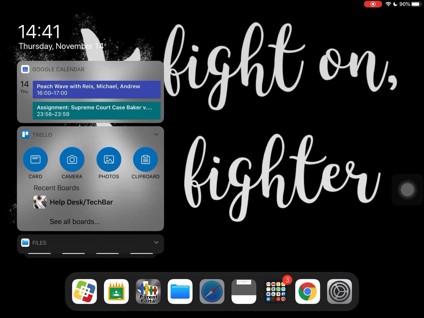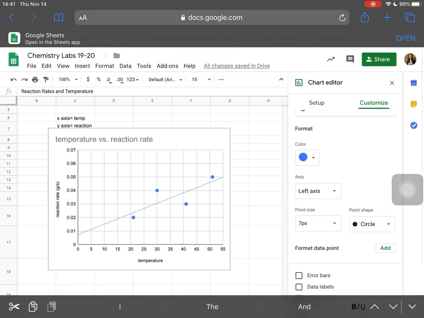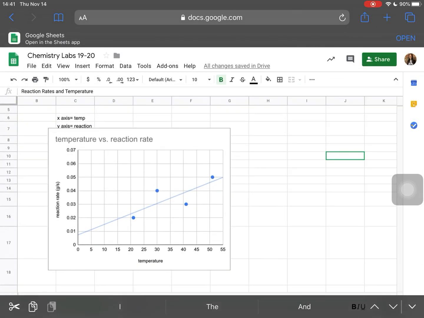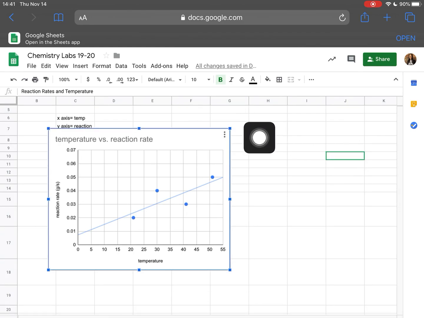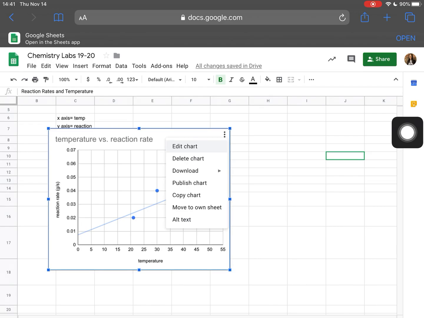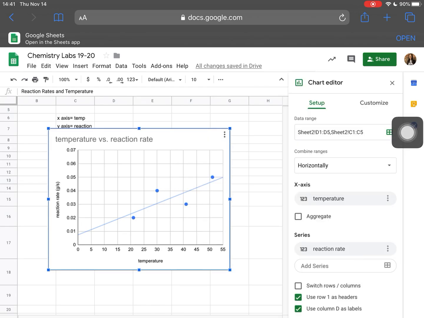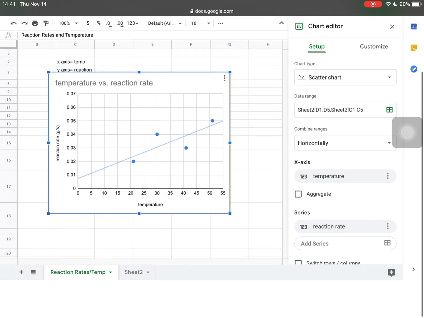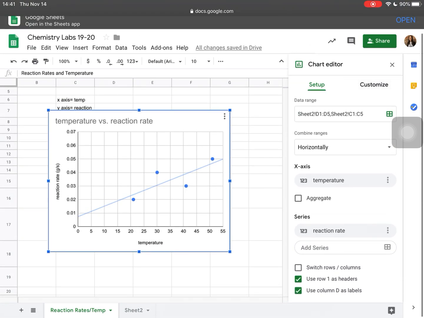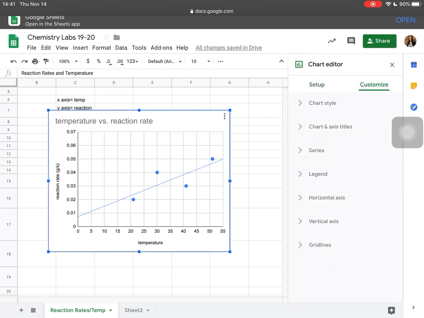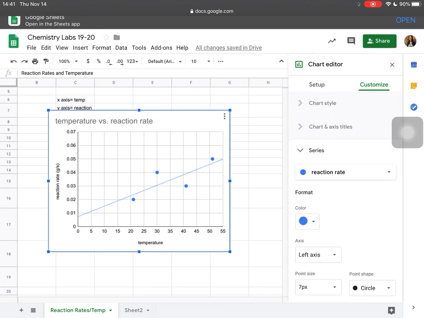So now I'm just going to open Safari, and I already have the same graph open. Now whenever I click on my graph, I have these three little dots pop up, so I'm going to click there and then click Edit Chart. And as you can tell, there's a whole lot more options. I can customize the style, the axis titles, series legends, and many other things, which will allow you, whenever you